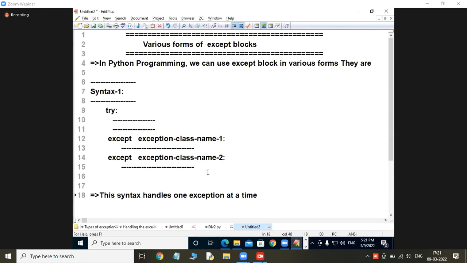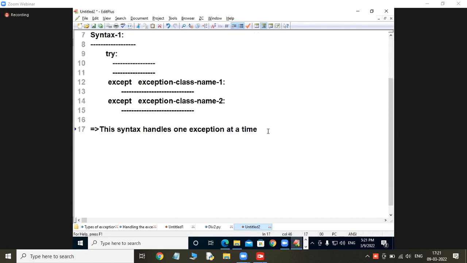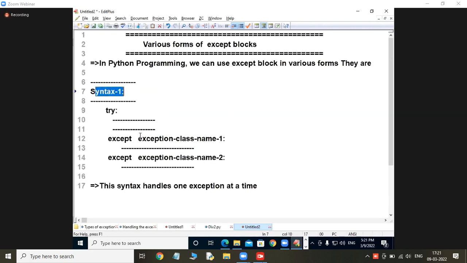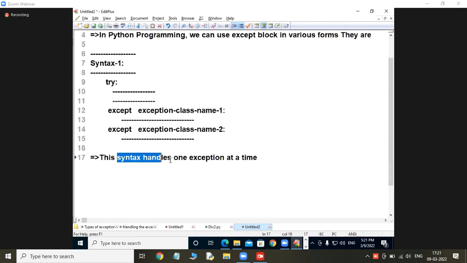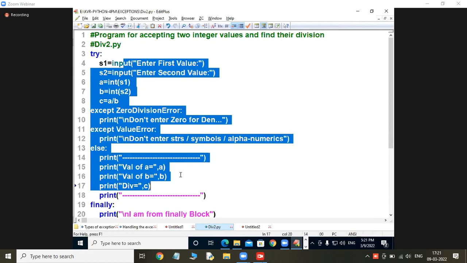So this syntax handles one exception at a time. Very good. That is our example that we discussed so far: except ZeroDivisionError, except ValueError. This is a standard syntax. Keep in mind that this is a standard syntax.